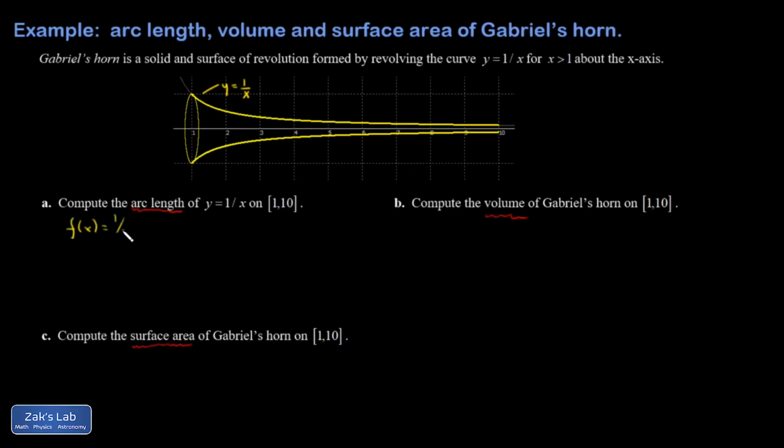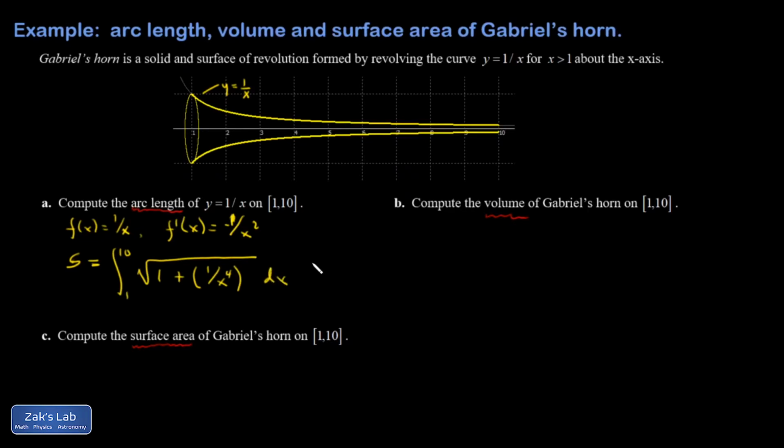is 1 over x. I know that I'm going to need f prime, so I'm just going to compute it right here. F prime of x is negative 1 over x squared. And then my arc length integral looks like, I guess I'll use this. Integral as x goes from 1 to 10. Square root 1 plus this derivative squared. So it's 1 over x to the 4th